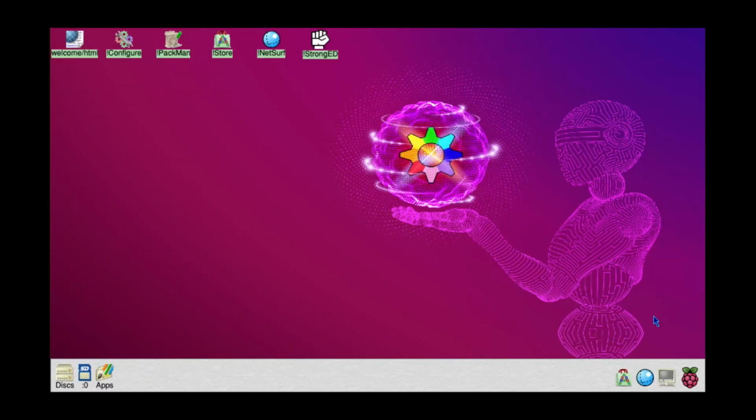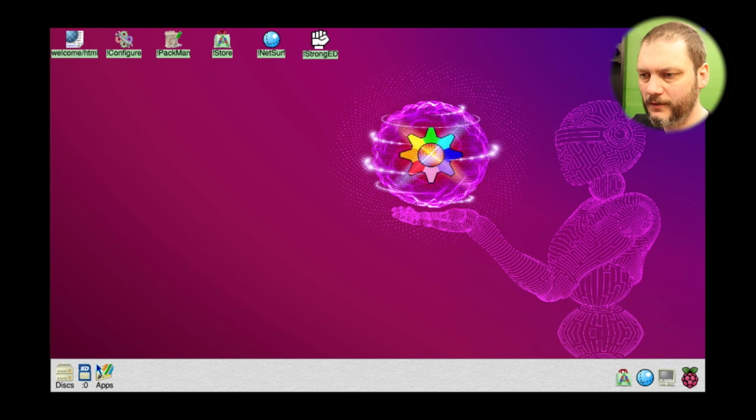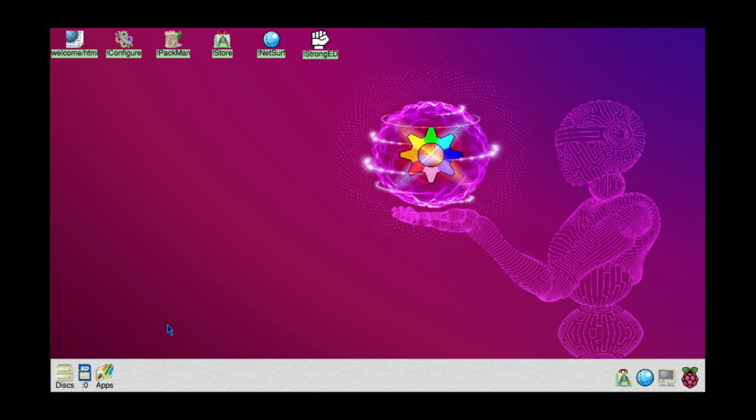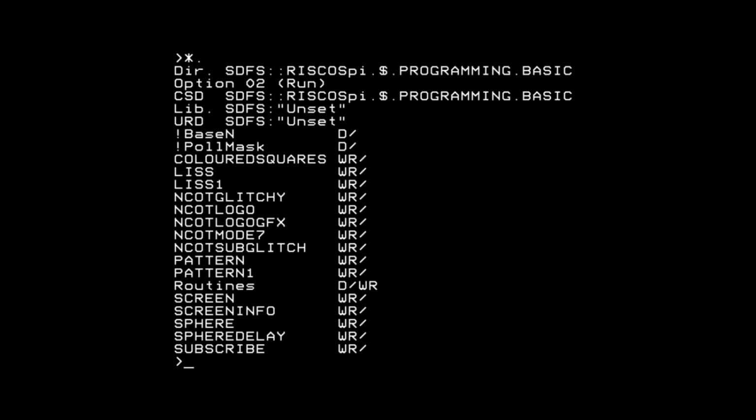This actually causes quite a lot of trouble for me capturing this because my TV and my capture device think they're running at 1080p. The machine itself, if I go back into the settings, if I go into the video settings for this, it thinks it's running at 720p, but my capture device thinks it's 1080. So what I did was I wrote a little program just to kind of see what the screen looked like.